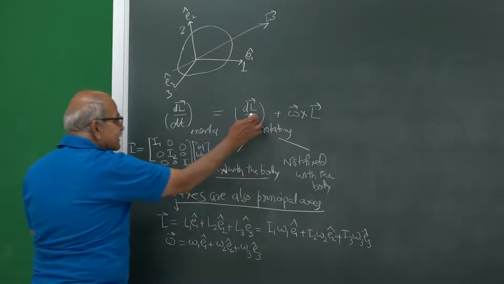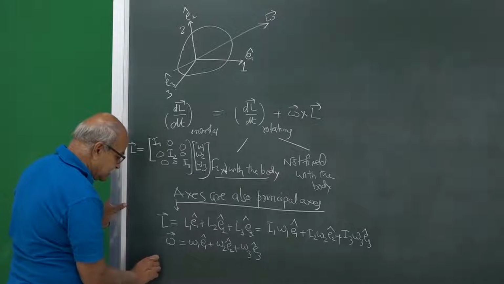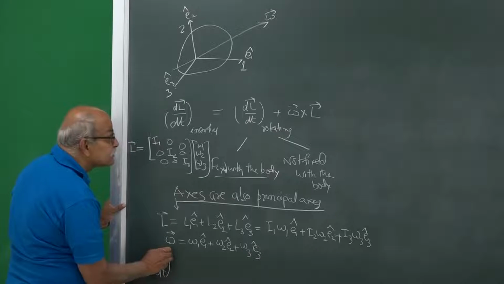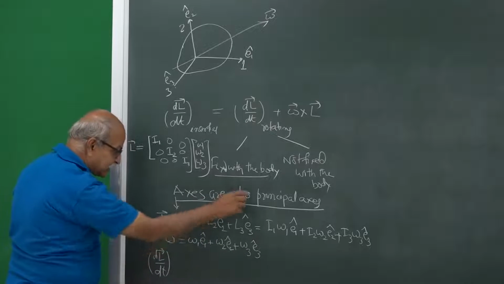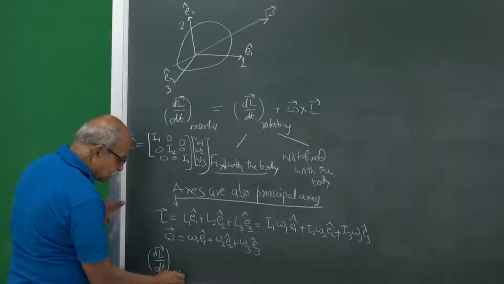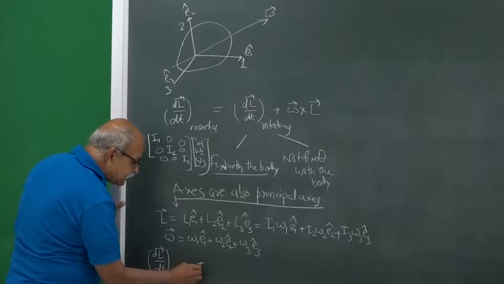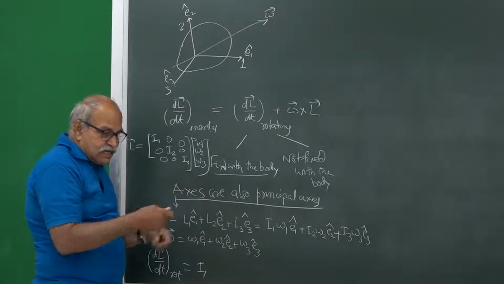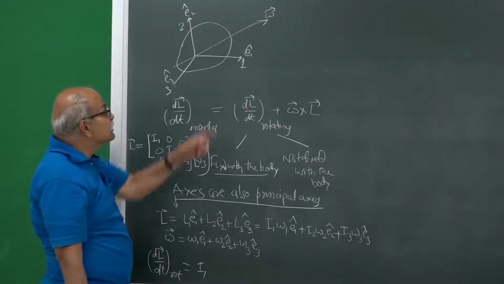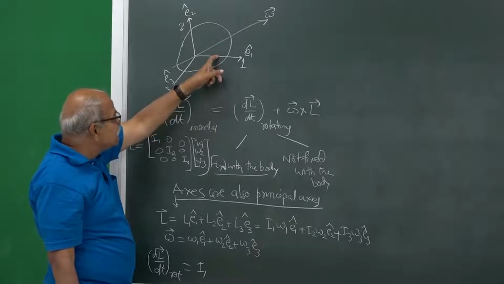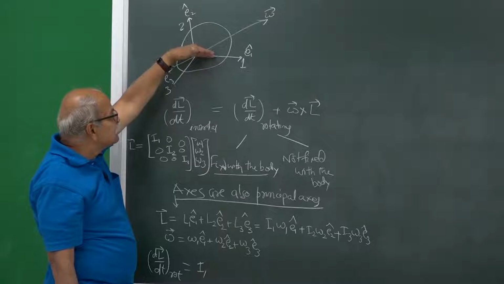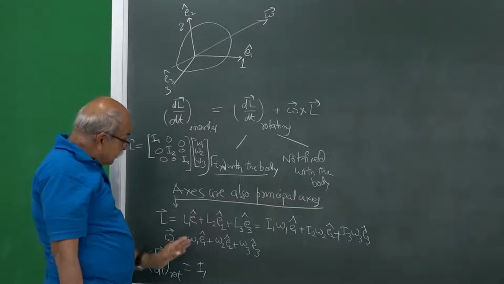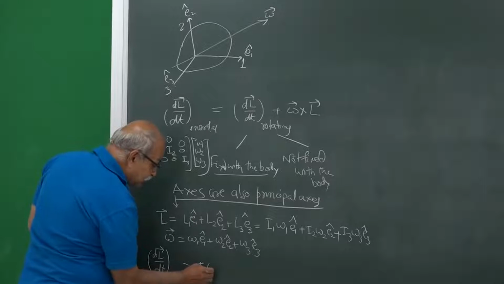So what is this dL/dt in the rotating frame? dL/dt in this rotating frame, in this body-fixed principal axis frame, I1 will not change. Now, you are fixed with the body, the axes are fixed with the body, the one axis that you have chosen is fixed with the body. So I1, which is Ixx, the usual moment of inertia about the one axis, is not going to change with time, but omega 1, yes, it can. So it is omega 1 dot